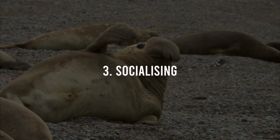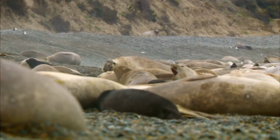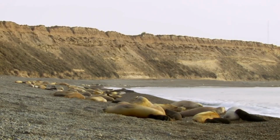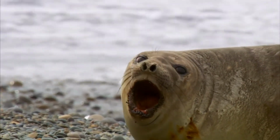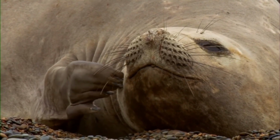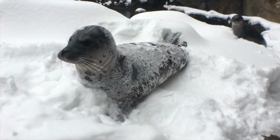Number 3. Socializing. Seals are social animals, and they often form groups or colonies, where they interact with each other and engage in a variety of social behaviors. These behaviors may include vocalizations, such as barking or vocalizing, as well as physical interactions, such as touching or grooming. Seals may also engage in play behavior, such as chasing and wrestling, which helps them to develop social skills and